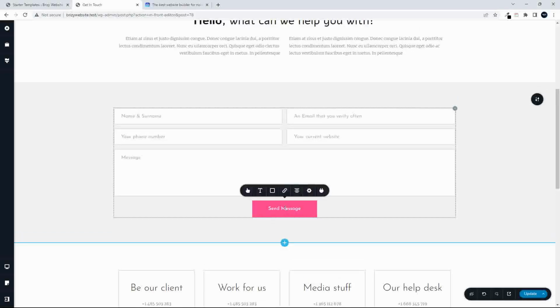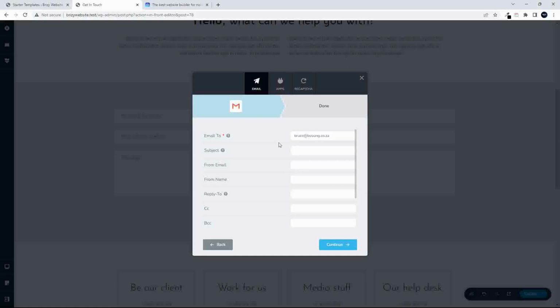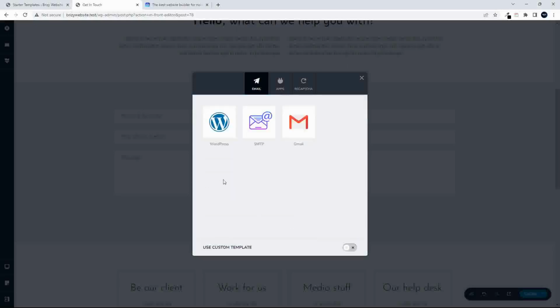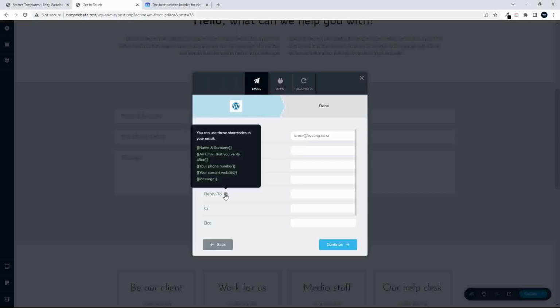the next thing we're going to look at then is the button. So what happens when somebody submits the form? So you'll see you have an option here to go with the WordPress submission default. Maybe you want to submit it via Google, so that would be the Gmail option, or perhaps via your own SMTP settings. So in this case, we'll just look at what's available via WordPress, and you'll see that as you hover over the help icons, you'll see that there are some short codes that you can apply then in the fields, and they pick up different information from the form